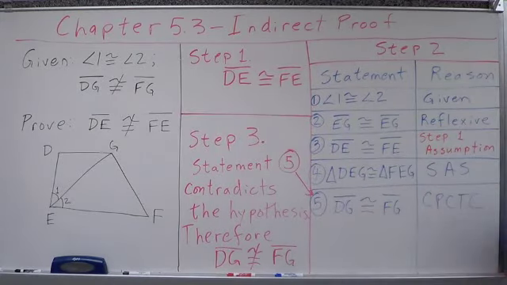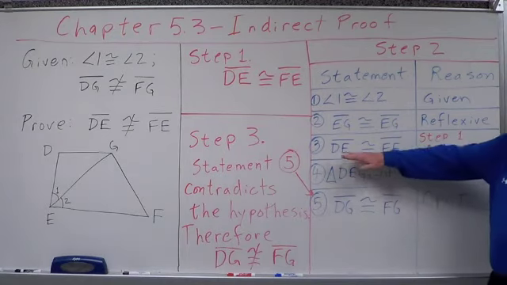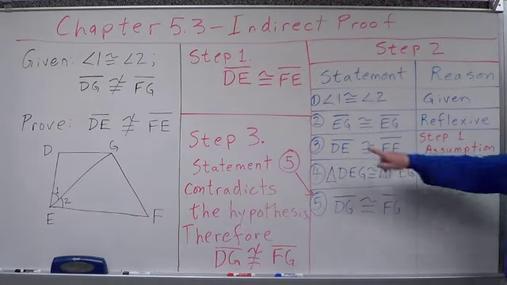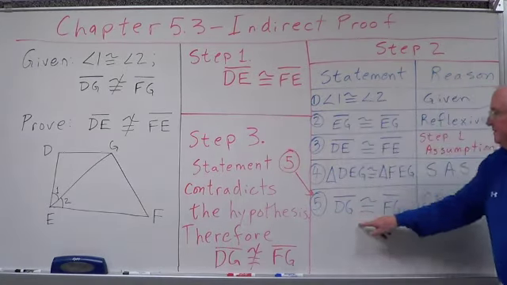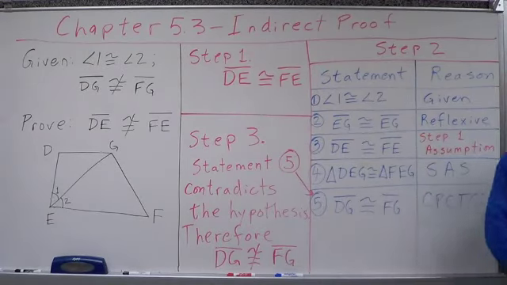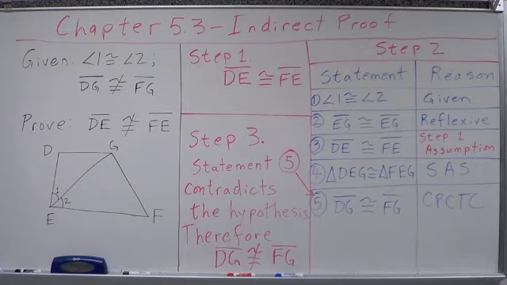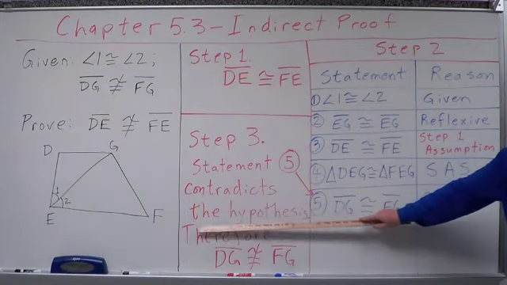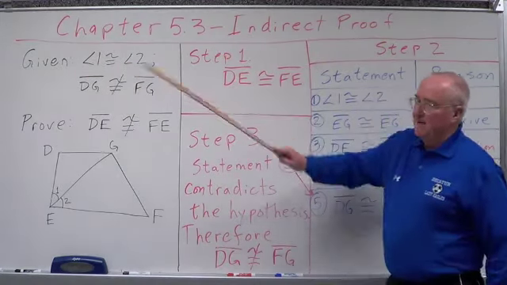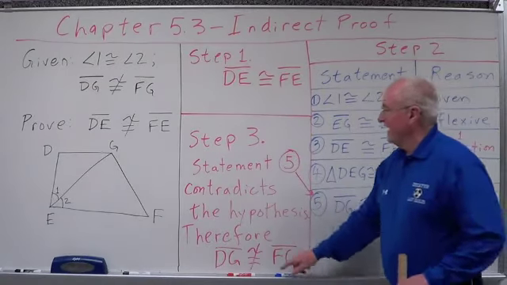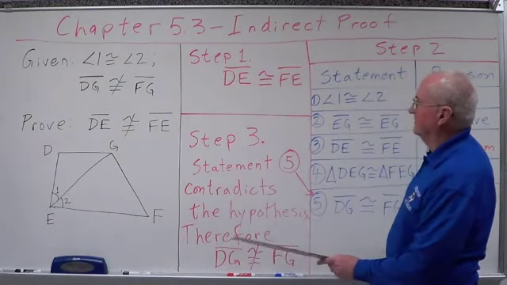Our proof using this statement and our number 1 assumption says that segment DG is congruent to segment FG. Therefore, because our proof using the assumption is a contradiction to our given hypothesis, then the original conclusion